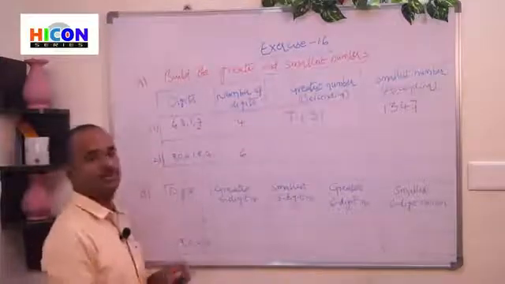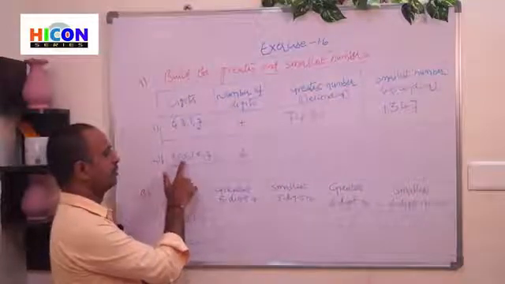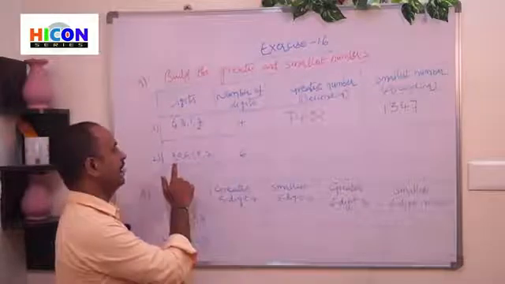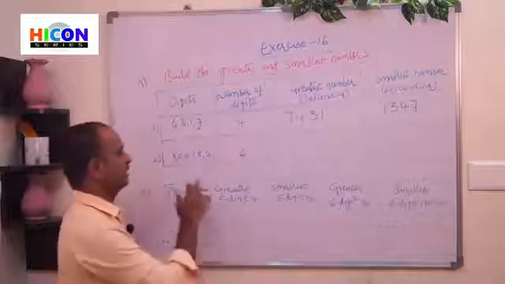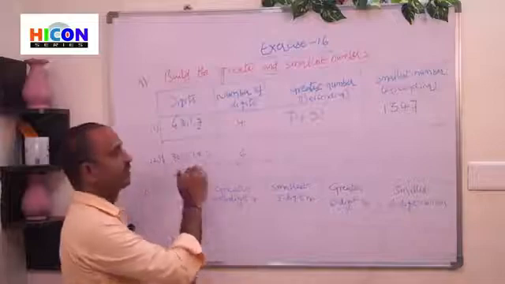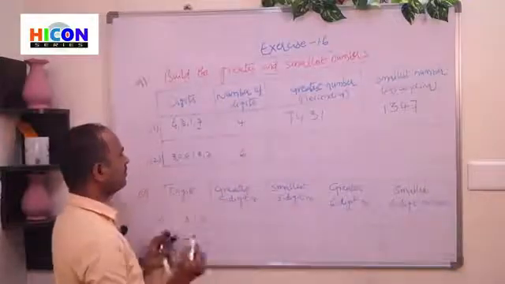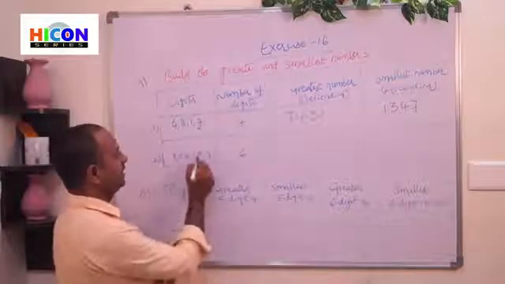So see the second problem. There are 6 digits given: 3, 0, 6, 1, 8, 7. Now we have to write the greatest number with these 6 digits. So arrange the given digits in descending order. That means write the given digits from greatest to smallest. Write the greatest digit first. Among these 6 digits, which one is the greatest? 8 is the greatest.